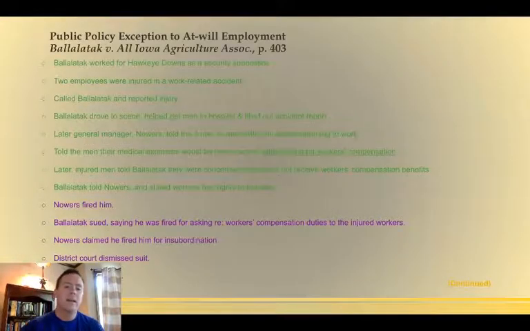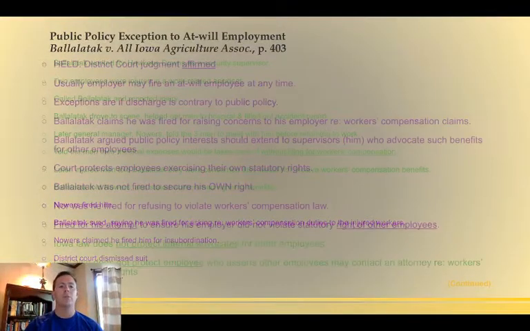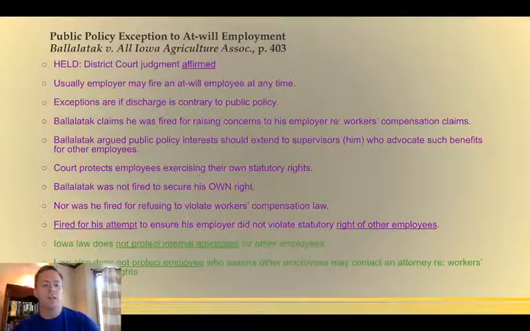Now, this case addresses something in the workers' comp context, which I think is really also alluding to a broader point about lawsuits. What happens here is there's a situation about workers' comp with one employee, but the employee who gets fired is somebody else who wasn't subject to this workers' comp complaint or claim, and he got fired for questioning the decisions of the employer and how they were treating the workers' comp complaint. So he's fired for insubordination for questioning the employer, and he sues, and this is an Iowa state case,